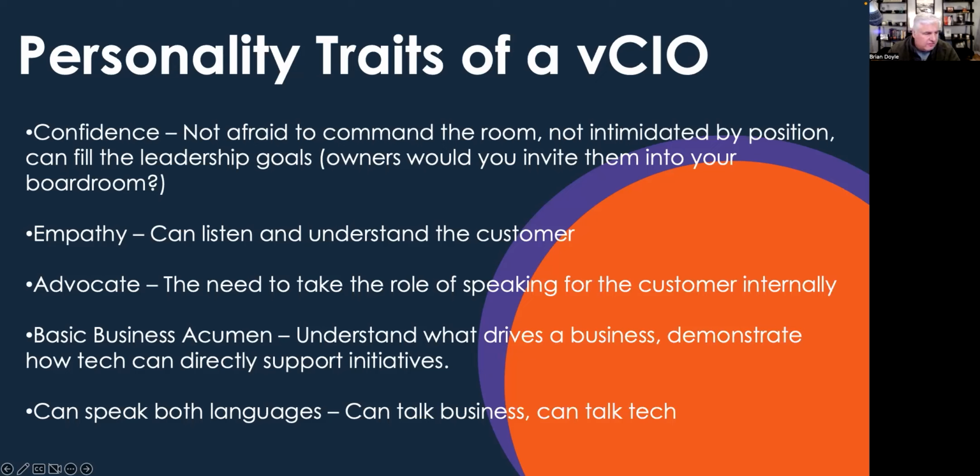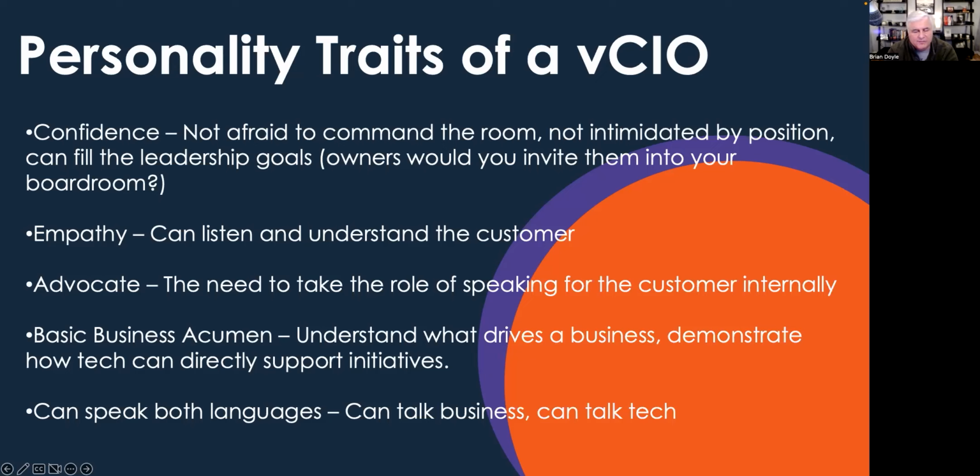Some other skills that they should have is some empathy, being able to listen and understand what the customer's saying. They need to be an advocate. They need to have the strength to sometimes have conflict with folks on their own team when they're speaking on behalf of the betterment of the client. The client's got a problem that's been outstanding for a while and they start to escalate it. You might have people whose feathers get ruffled on your own team along the way, but they need to do that. We've already kind of touched upon the fact that they need to have this basic business acumen,